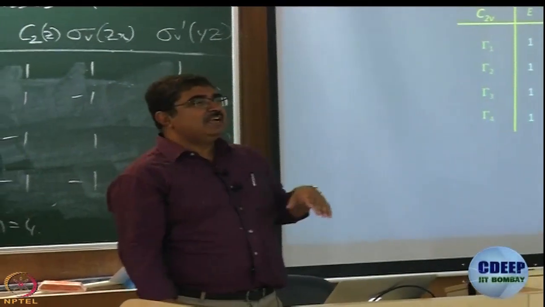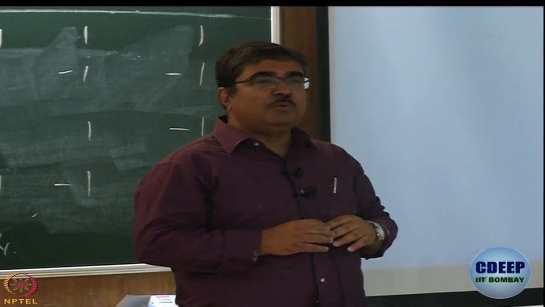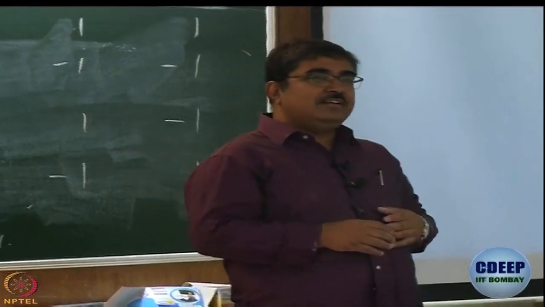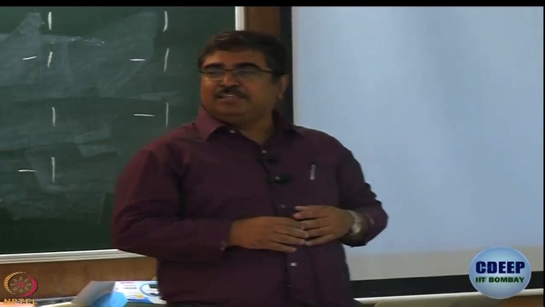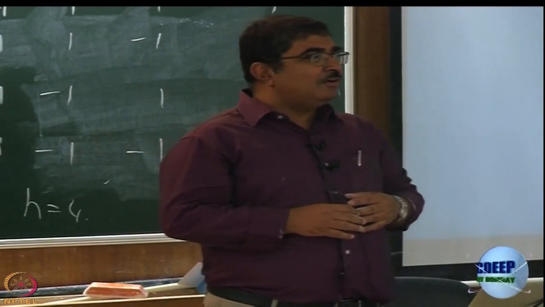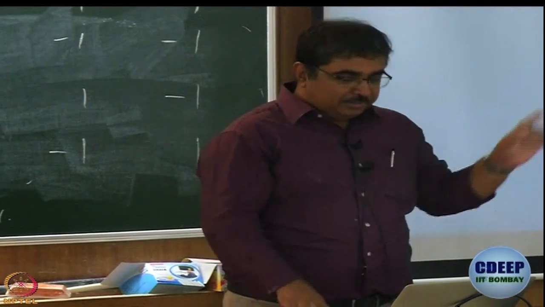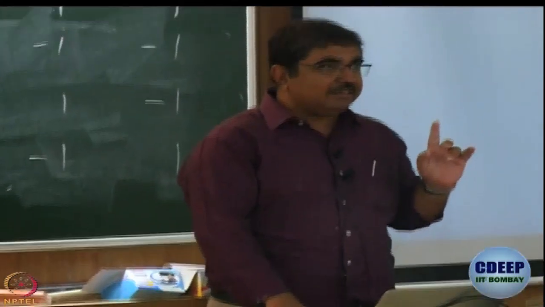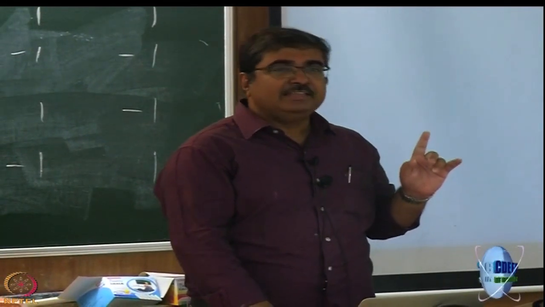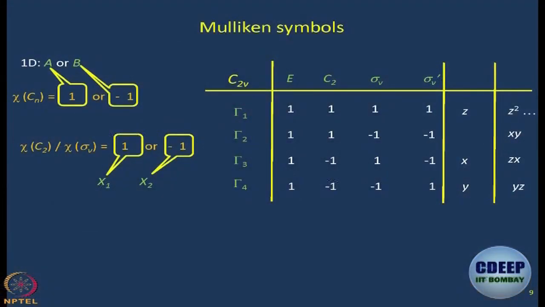Okay. So, before we come to the rotations, let us think whether we can give some name to these irreducible representations gamma 1, gamma 2, gamma 3, gamma 4, because nobody wants to deal with gamma 1, gamma 2, gamma 3, gamma 4, right. When any new product is launched, first of all they give a very strange code name, but eventually some name that sounds good or some name that is more systematic takes the place of the generic name. So, the systematic nomenclature of these irreducible representations was done by Mulliken, and they are called Mulliken symbols, and if you use character tables, you will already be familiar with them.